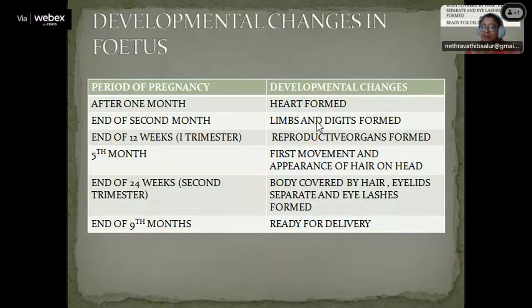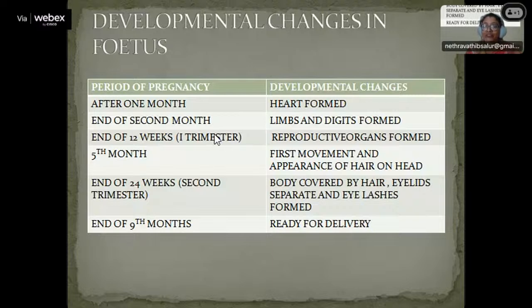At the end of 12 weeks, meaning after the first trimester, the reproductive organs will be developed. Therefore, they usually ban the detection of the sex of the fetus at that time. Why? Because at that time, we can recognize the sex of the fetus. So, if it is female, the parents might go for female feticide. That is why the techniques are banned. So, remember, in the first trimester itself, the sex organs are formed, so you can decide the sex of the